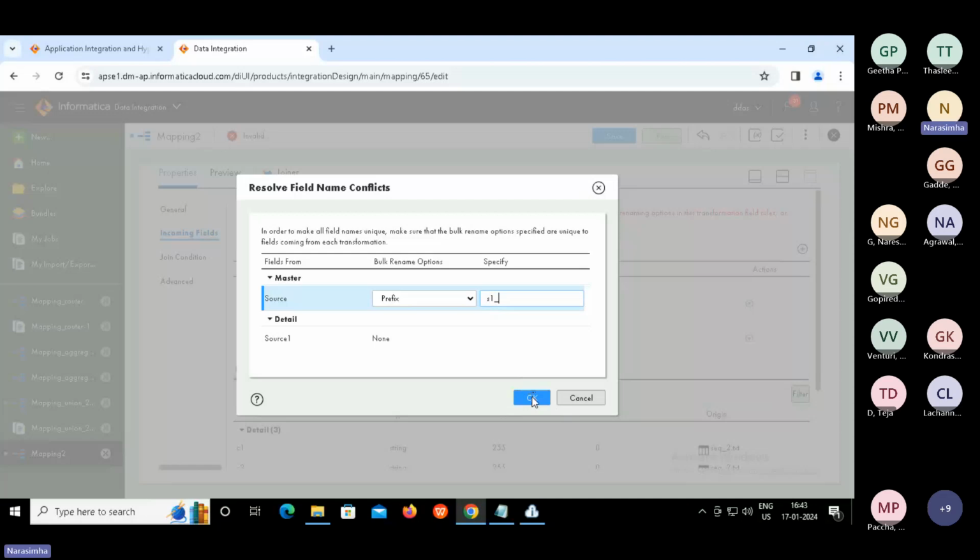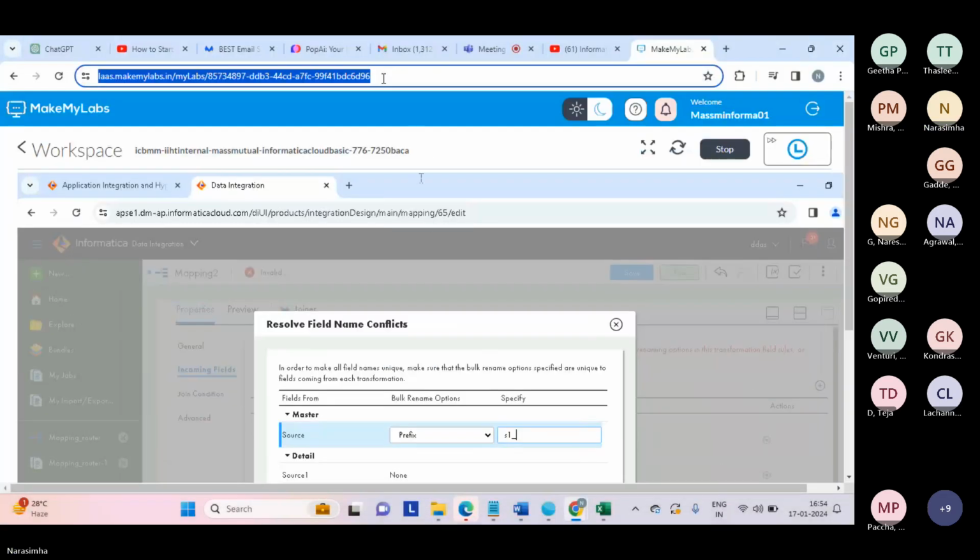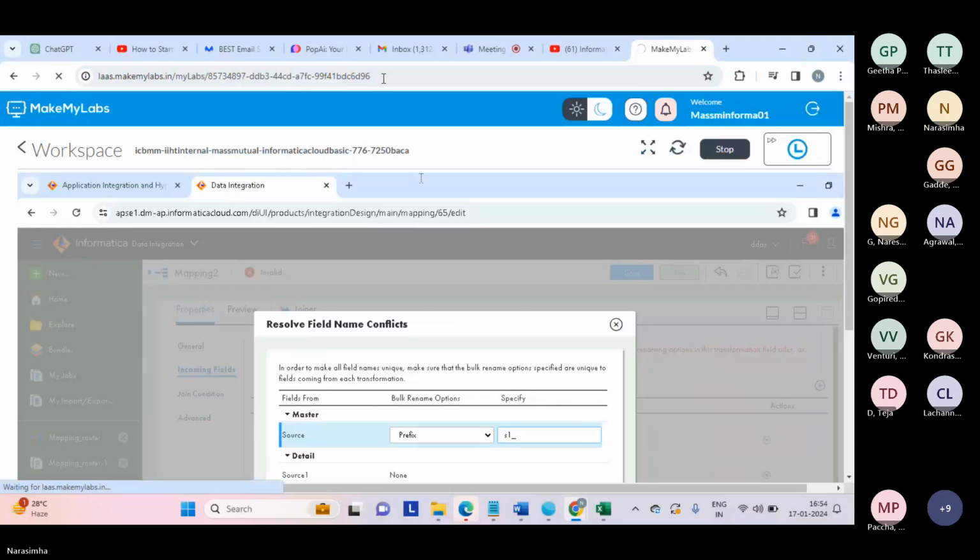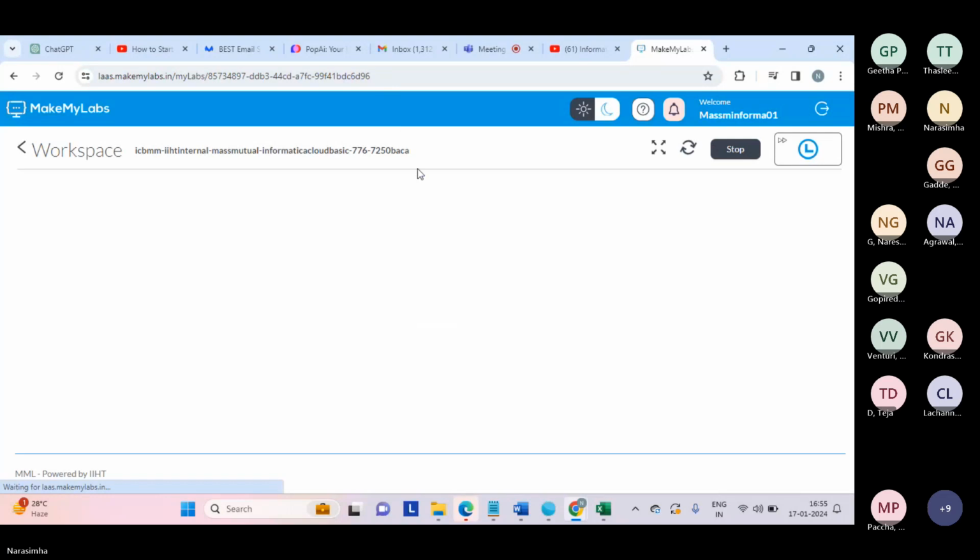Oh, stuck. What happened? Guys, lab is okay?